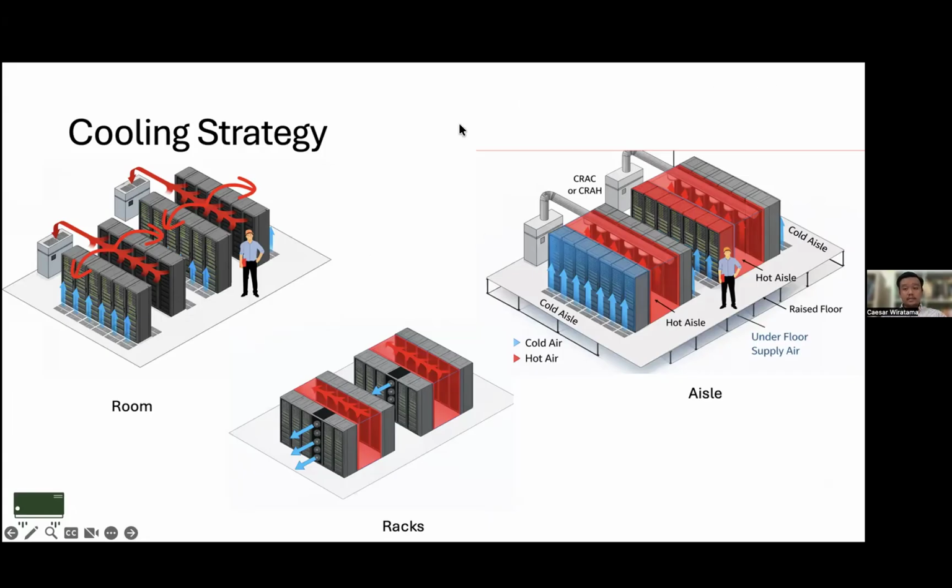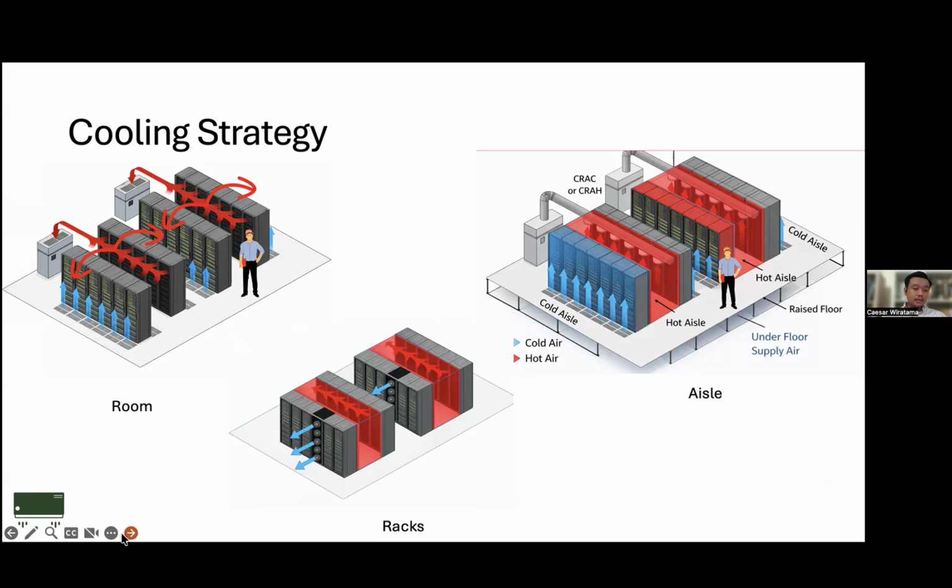Or we can change the aisle, so let's say we can close the aisle airflow to make your system more efficient. Or we can just modify the racks, maybe change some racks with some local fans to move the air